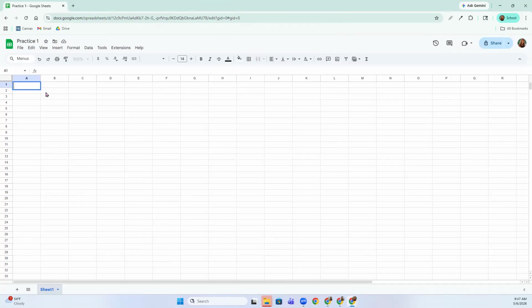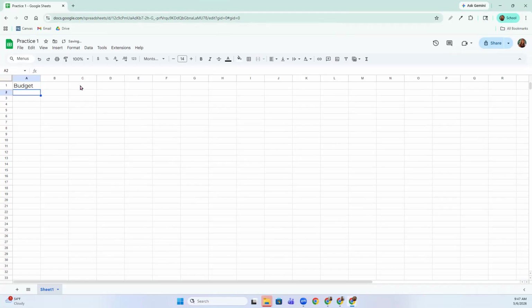Perfect. We're going to type the word budget in A1. So go to A1. Type the word budget. Press enter. All right. Perfect. Let's go back into the budget. You're going to highlight the cell. Let's click on bold to make this bold. Okay. And then in the formula bar,